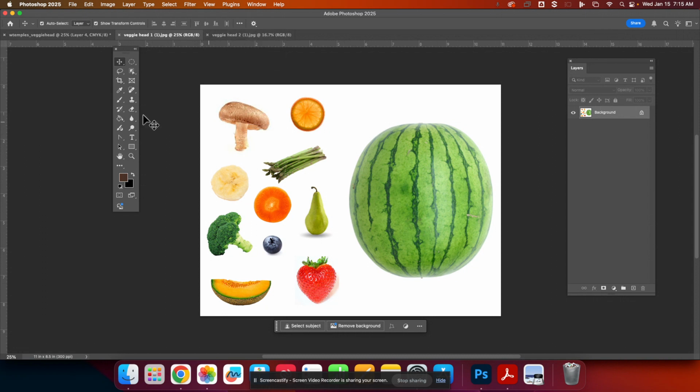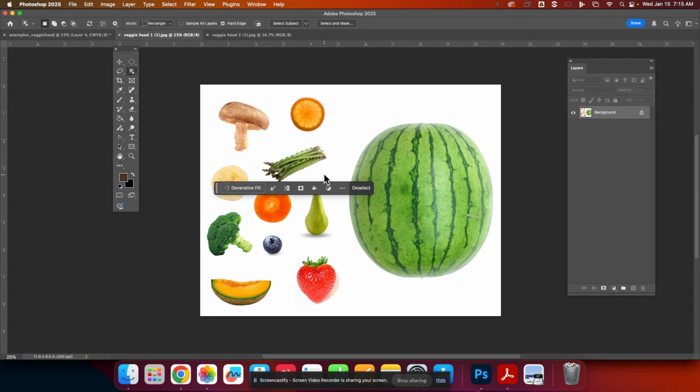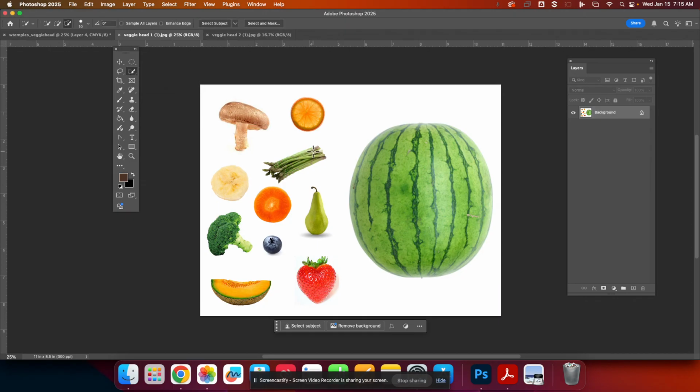I'm gonna give him some arms. I'm just gonna use these so you get an idea. Okay, didn't grab everything, so I'm gonna come back in and see if I can grab a little bit more. If your selection is not working and it is not grabbing what you need it to grab, go in here and try a different tool. Okay, try a different selection tool. That's why you have options. So Command C,